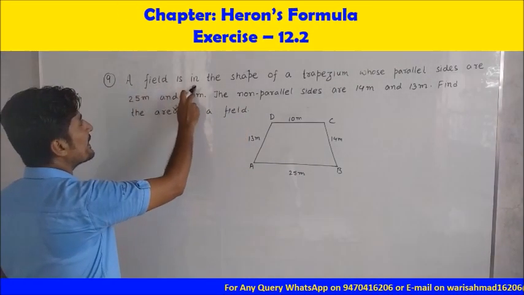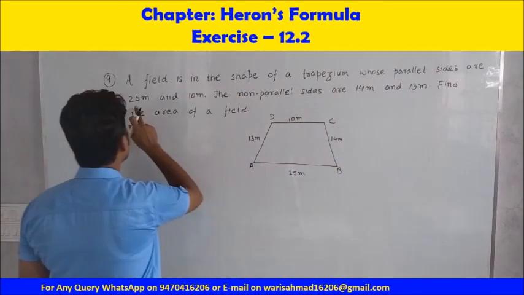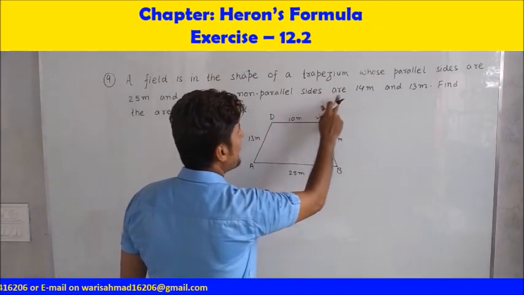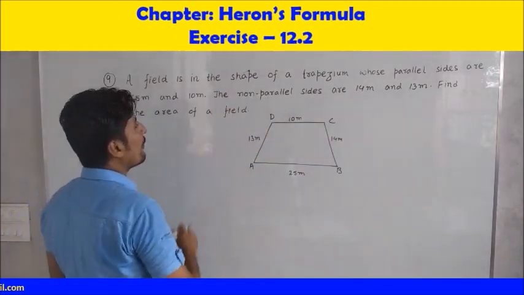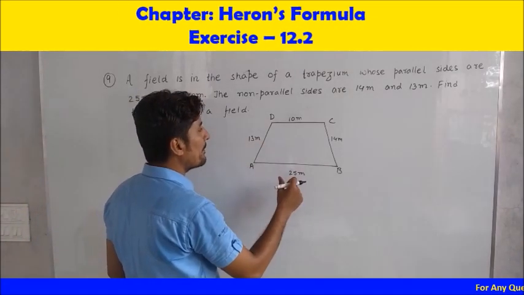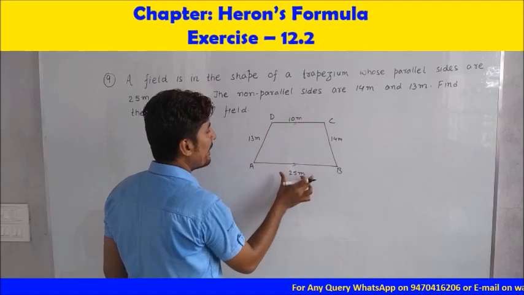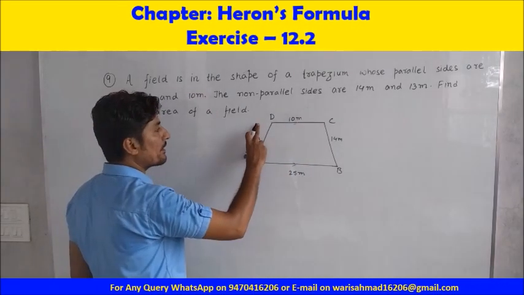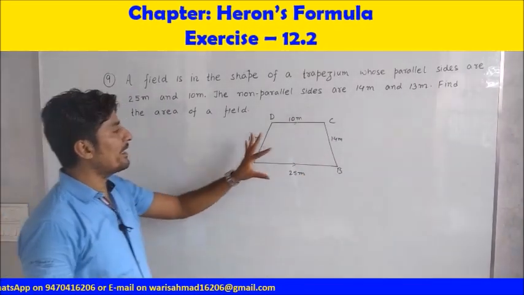A field is in the shape of a trapezium whose parallel sides are 25 meter and 10 meter. The non-parallel sides are 14 meter and 13 meter. Find the area of the field. So this is a trapezium in which the parallel sides are given as 10 meter and 25 meter, while the non-parallel sides are given as 13 meter and 14 meter. So we have to find the area of